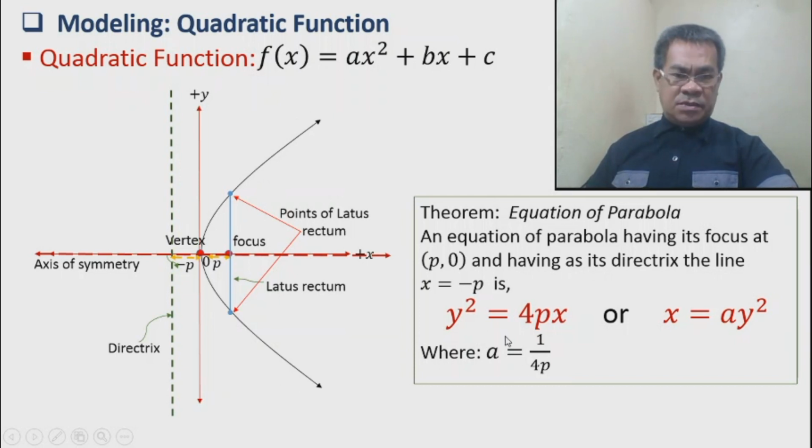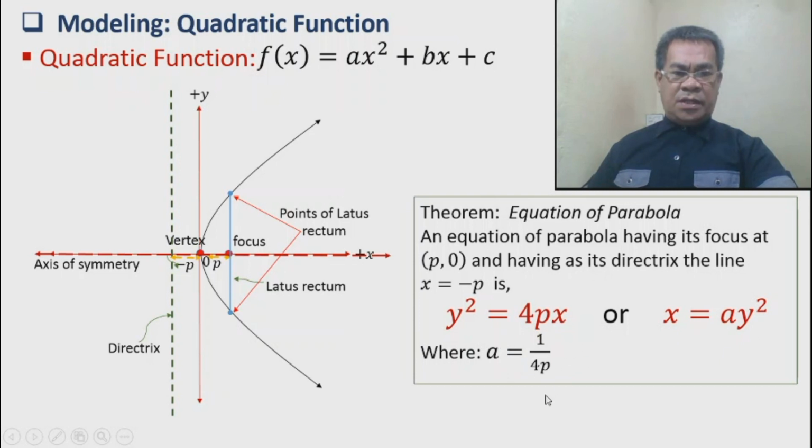So the equation must now be reversed. We can use the same derivation as we did in our previous slide when the parabola is open upward. This one, y now becomes squared, equal to 4px. If the parabola opens upward, then it should be x squared. If the parabola opens to the right, it should be y squared. So y squared is equal to 4px, or x is equal to ay squared, where a again is the same